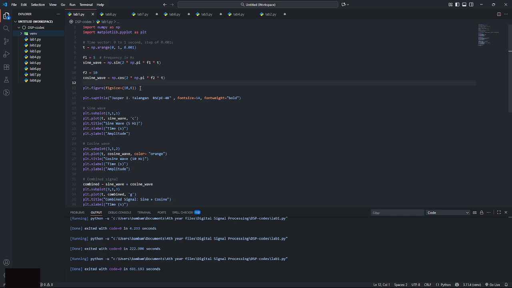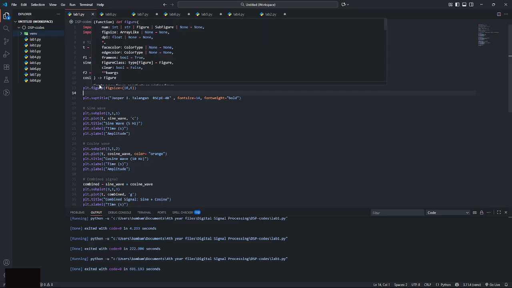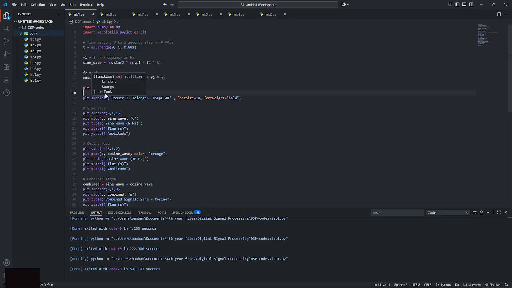Going down to the remaining code, we use plt.figsize to set the figure size, while plt.suptitle displays my name and section.